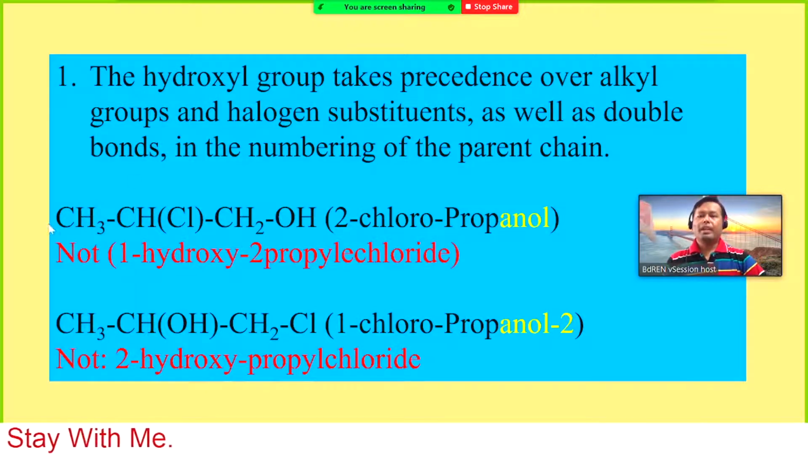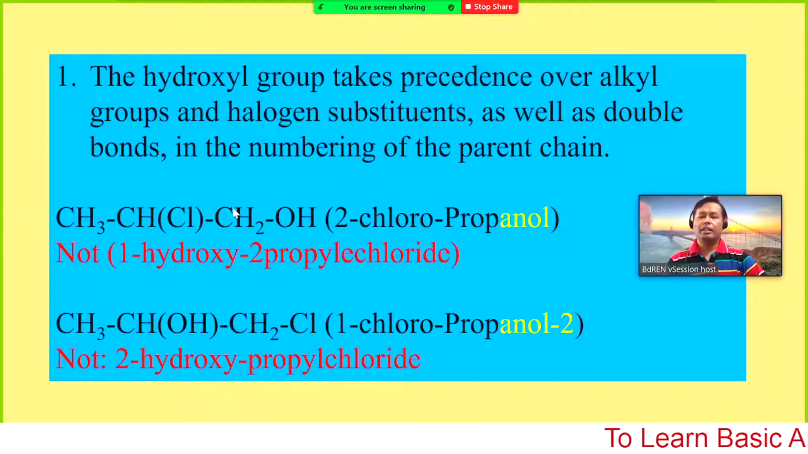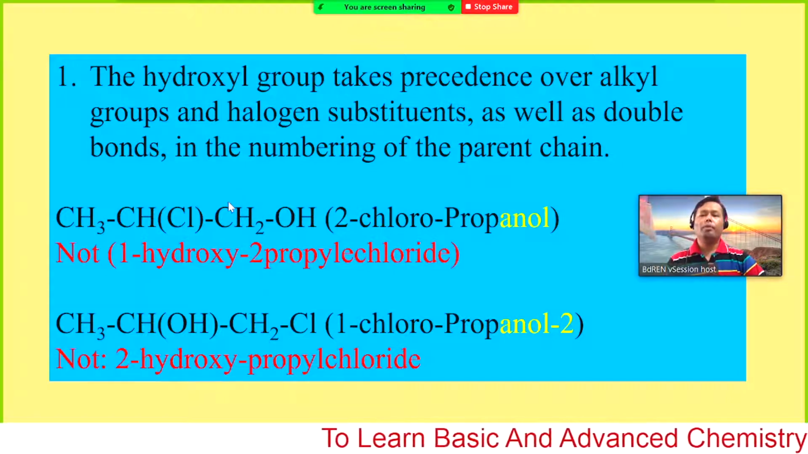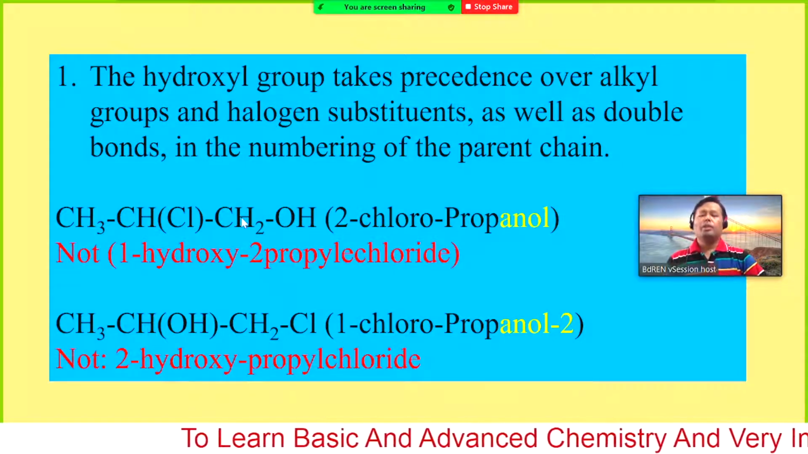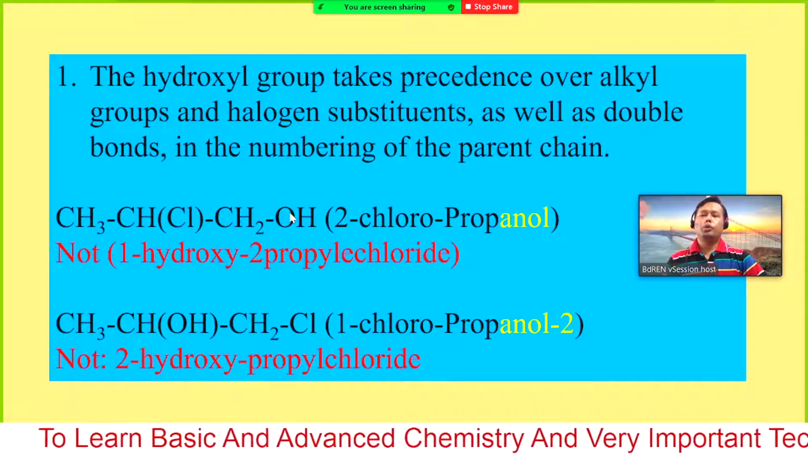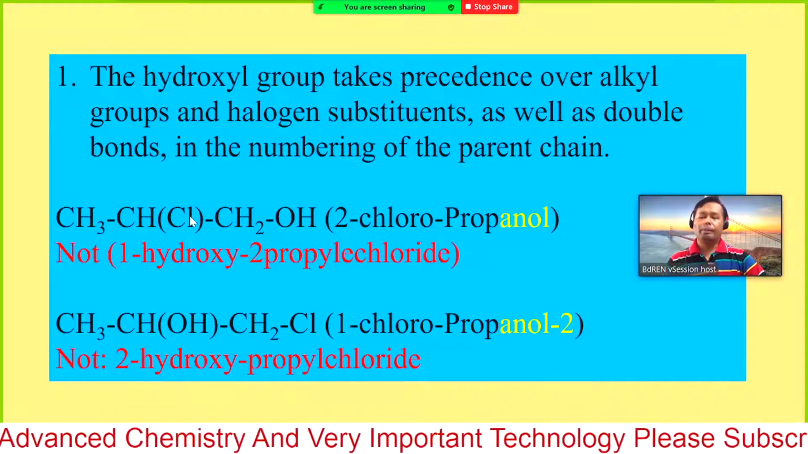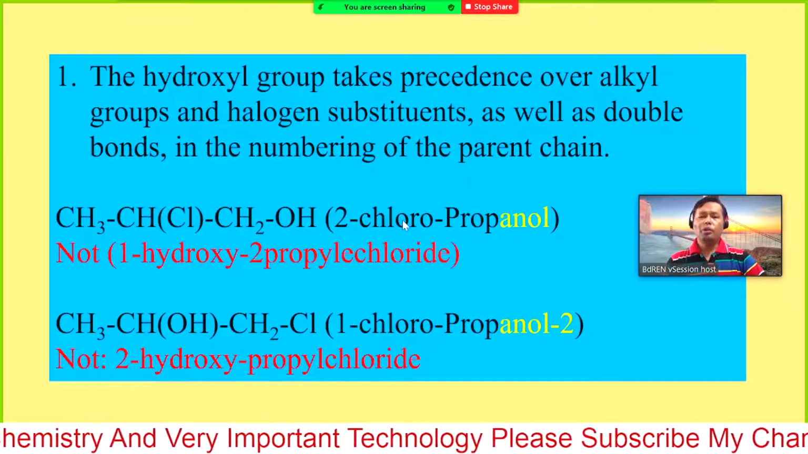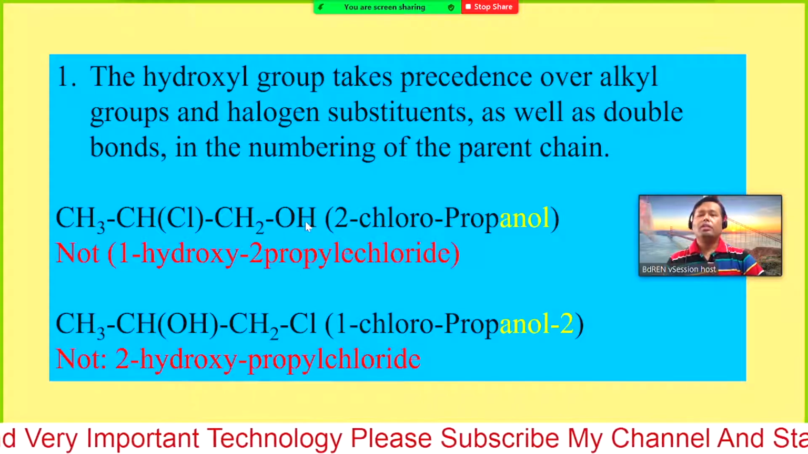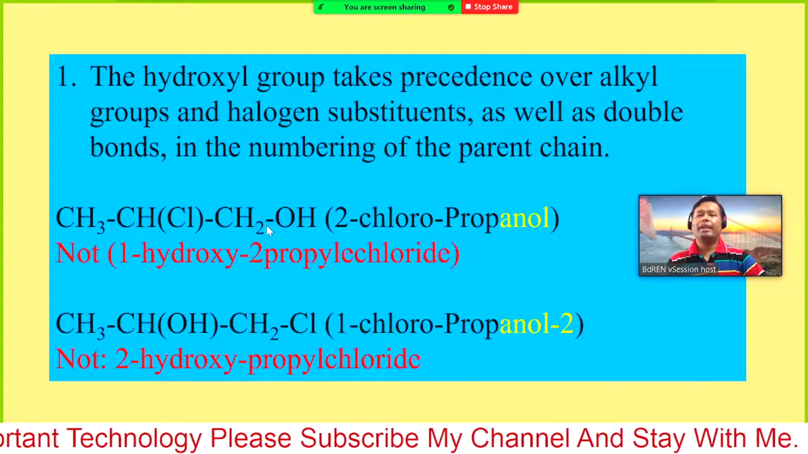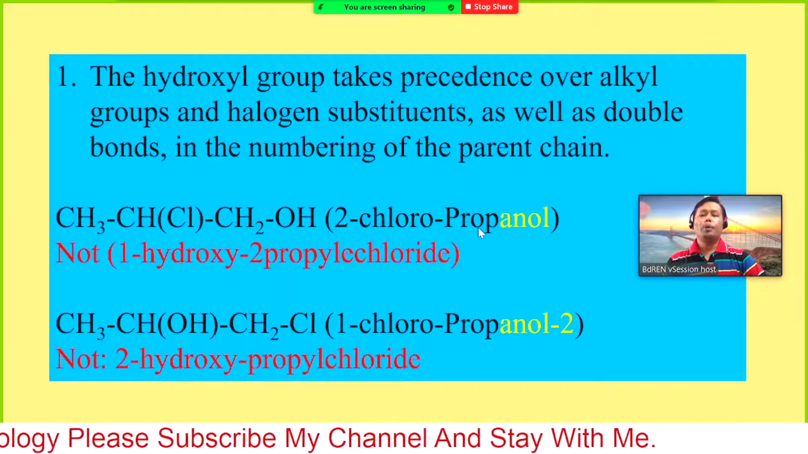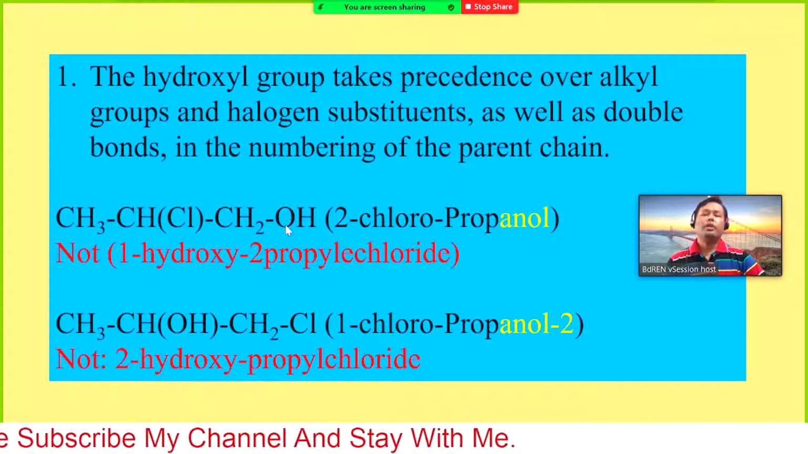So we cannot number this compound from the left side, because in that case the hydroxyl group gets the number 3. However, if we number from the right side, we can get the position of OH as 1. So the name of this compound should be, first mention the substituent with the position. So 2-chloro, and then this is the 3 carbon containing alcohol, that should be propanol, because it has only